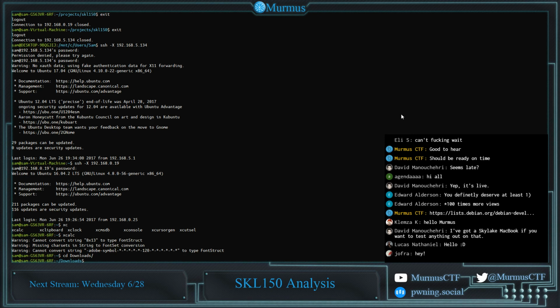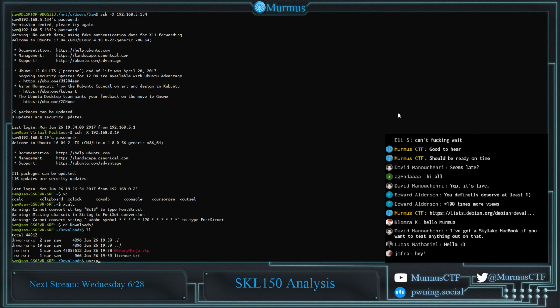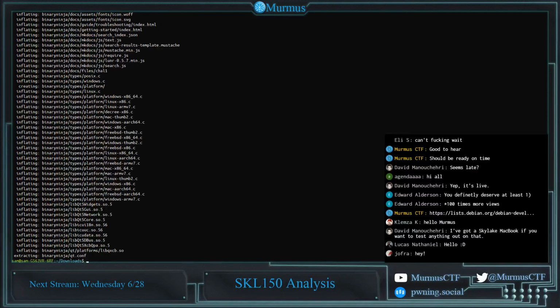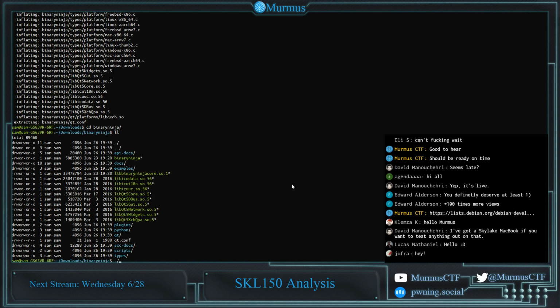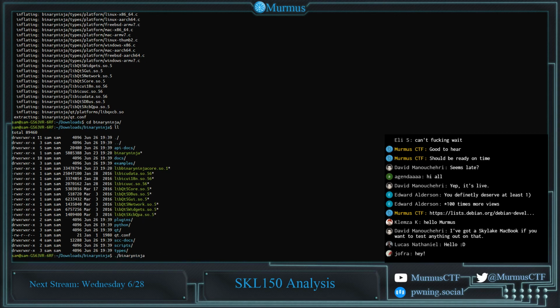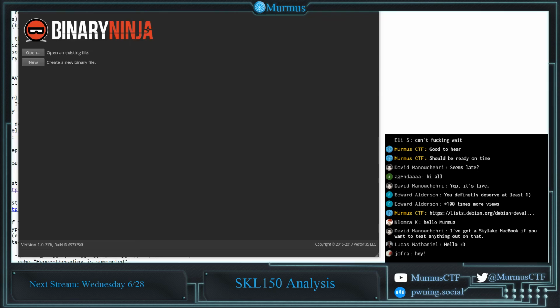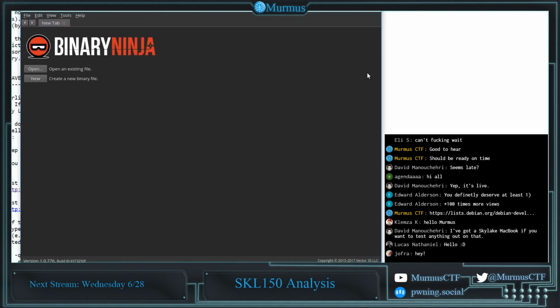Okay, so I now have all this set up. I want to unzip this. It is unzipping nicely. And if I come in here and I do a Binary Ninja, I want to locate my file. And you are relatively happy. It's not super performant, but it works well enough. So we did that,